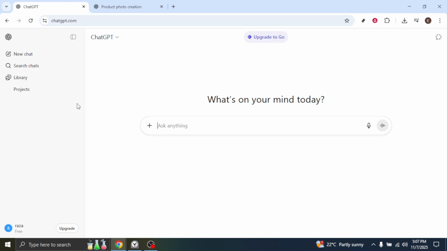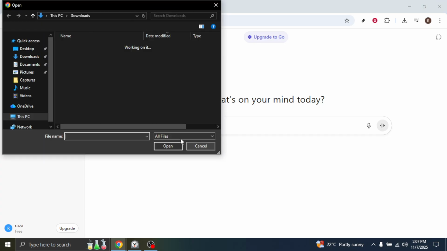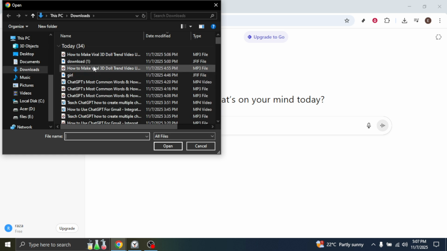Now, once you're on the main page of ChatGPT, keep an eye out for the plus sign. This is usually where you can start adding new elements or features to your design. Give it a click, and you'll see options to add different types of content. Click on Add photos and files. This step is crucial because this is where you'll be uploading any image or file you